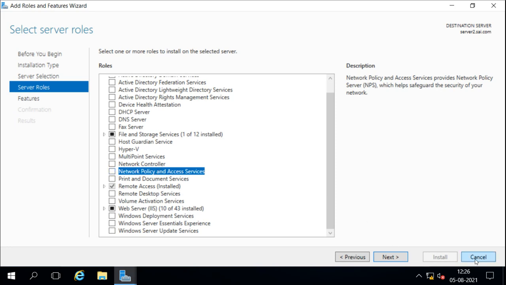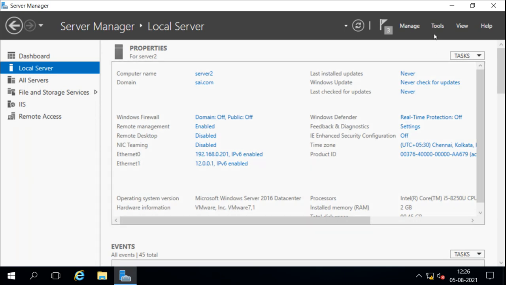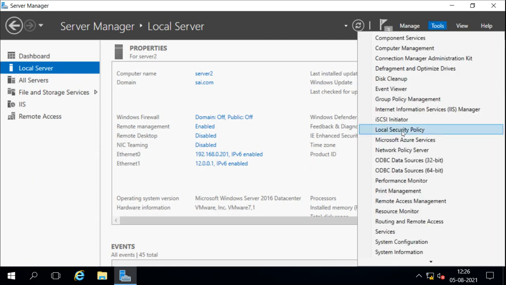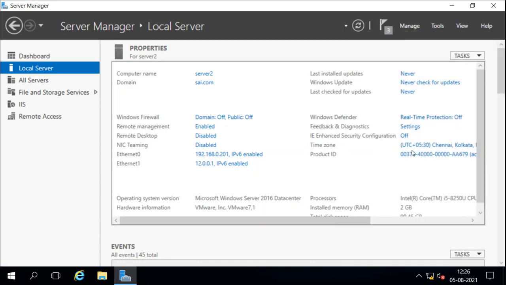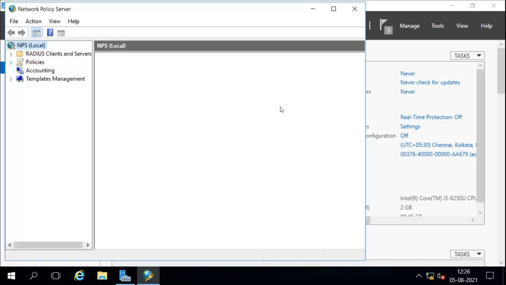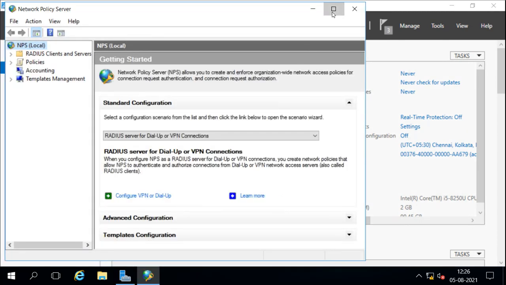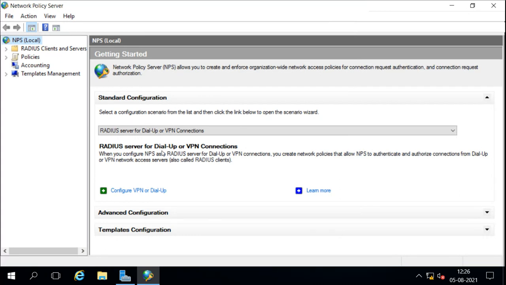It is not showing that it is installed, but when you go to tools here, you can see the network policy server is installed. So it comes with the remote access services. Now what does this network policy server do? It provides the authentication services for the network services.